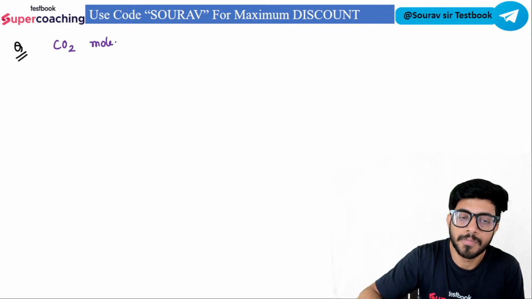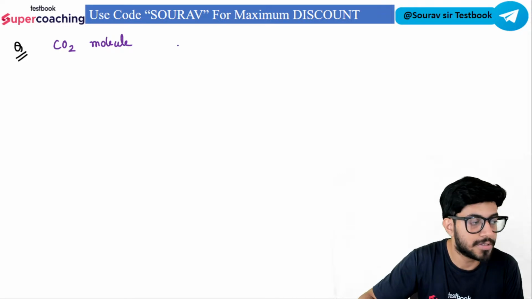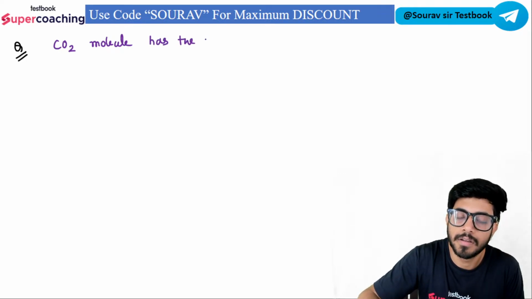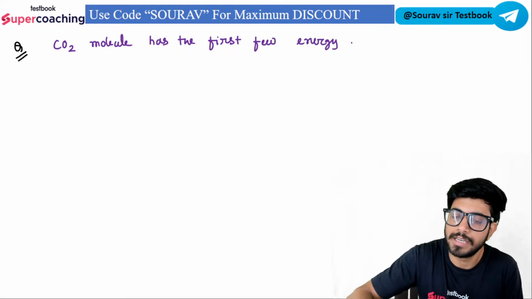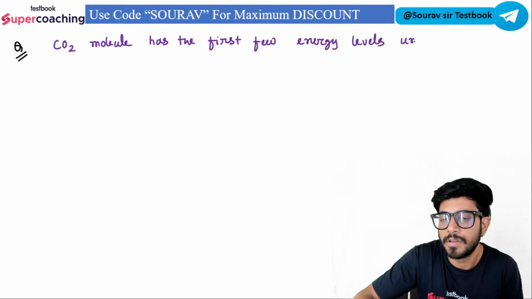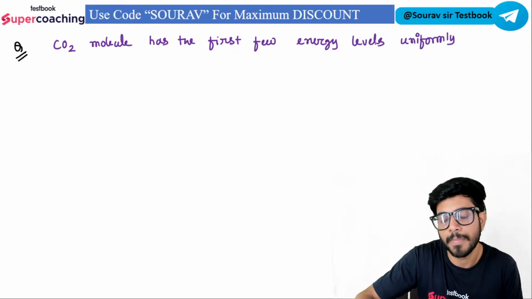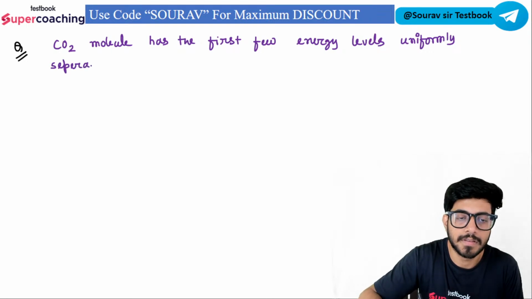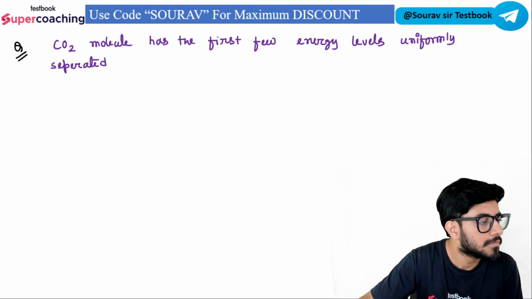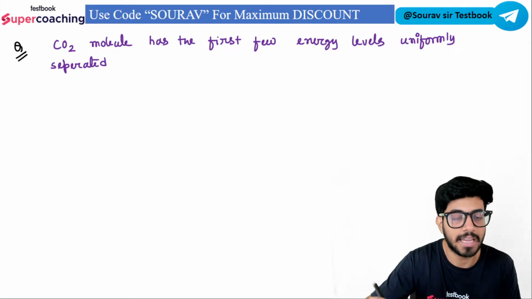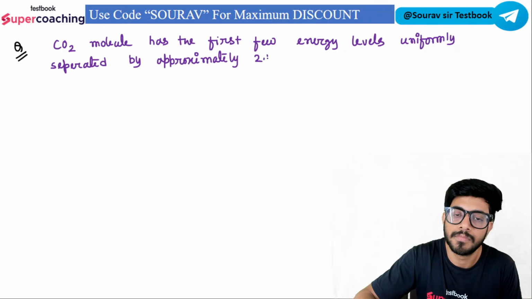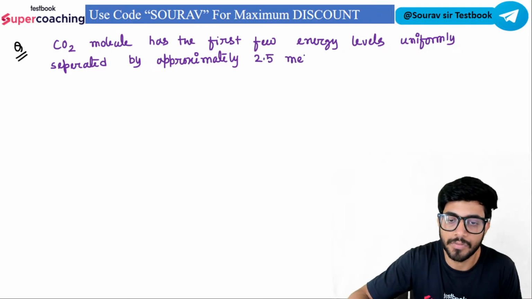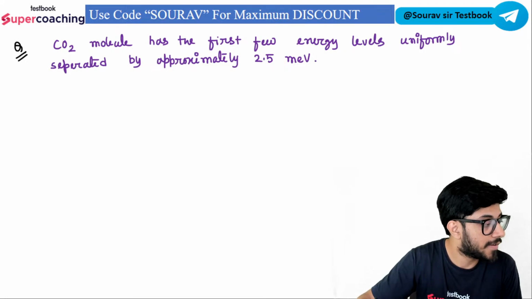A CO2 molecule has the first few energy levels uniformly separated by approximately 2.5 milli electron volt, sorry, at temperature of 300 Kelvin the ratio,